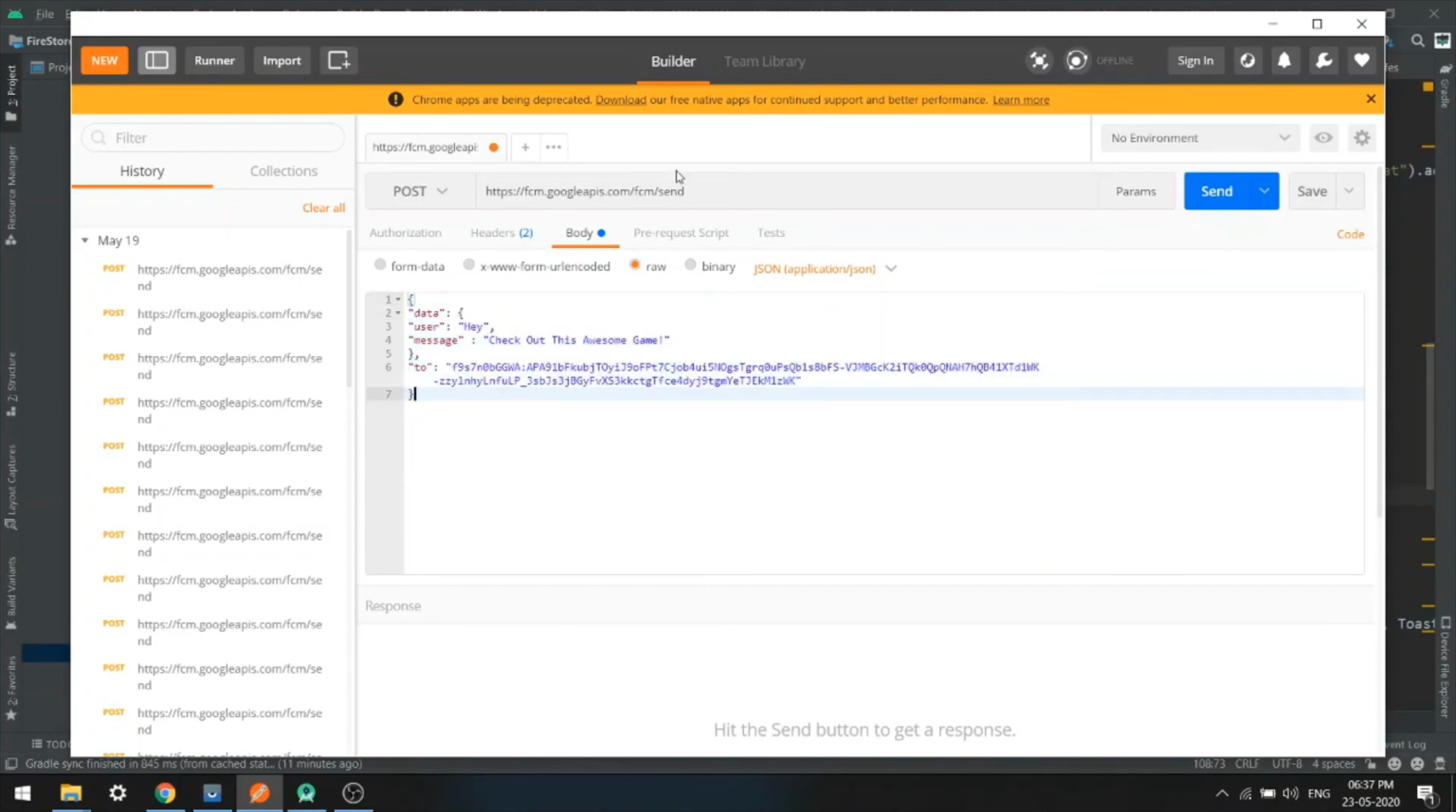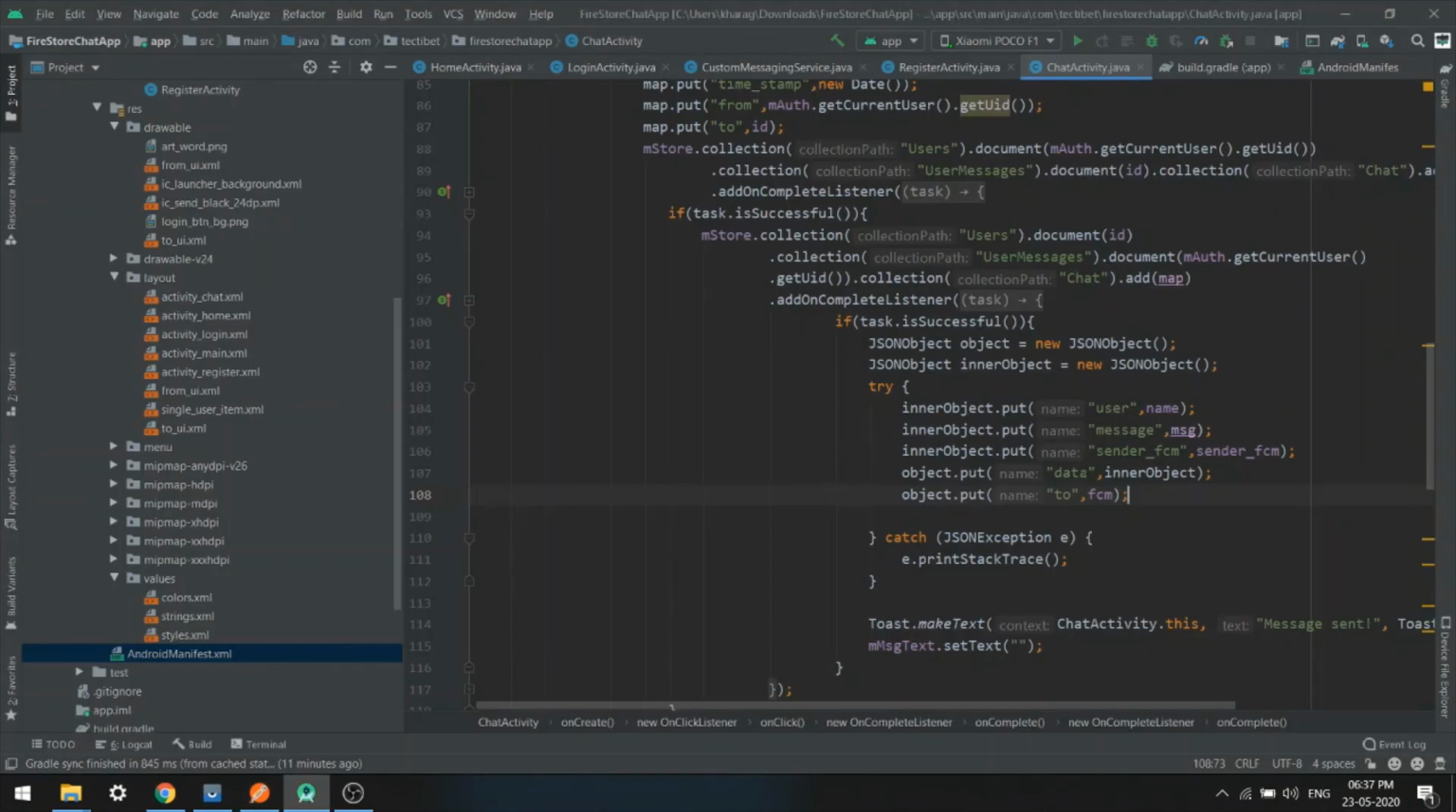Now we want to send this request in this HTTP, right? Now to do that, in Volley we have JSON object request, so we can achieve